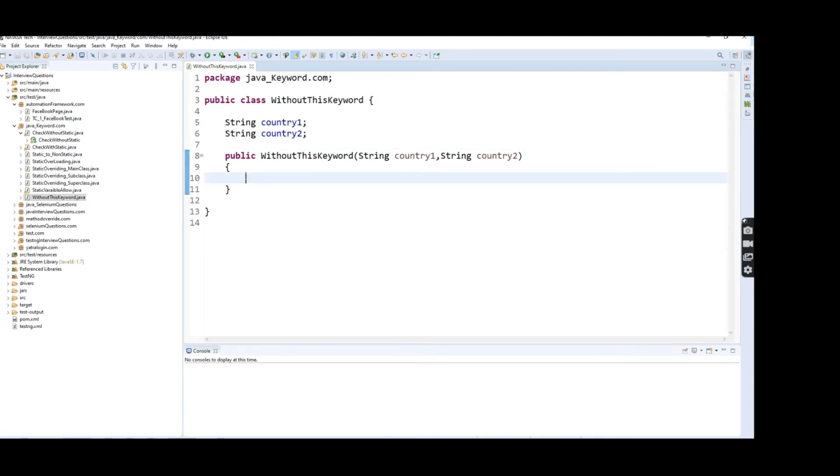Now I am going to assign the instance variables from these parameters, these arguments. Country1 equal to country1, country2 equal to country2.